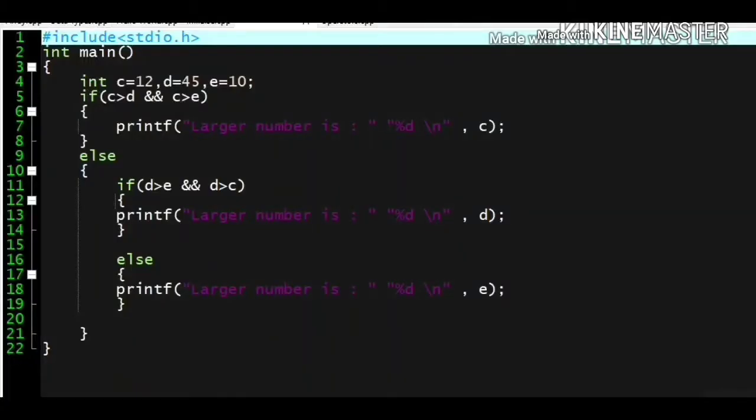So next topic is the nested if else condition. It is used to test multiple expressions and execute different codes for more than two conditions. Here we have three variables c, d, and e and their values. We have used the logical AND operator, that is the double ampersand. It checks whether both c greater than d and c greater than e are true at the